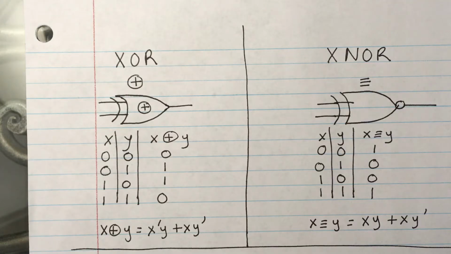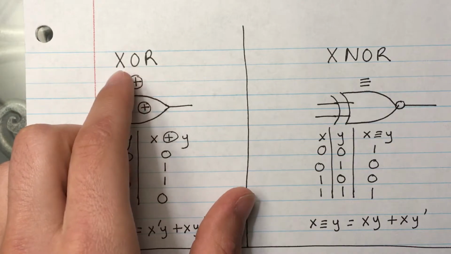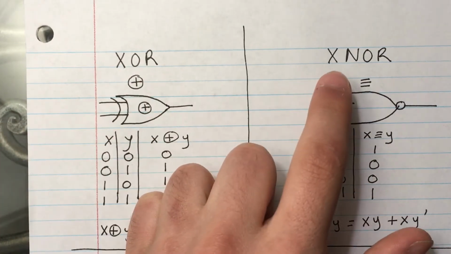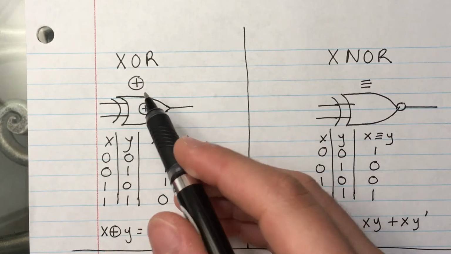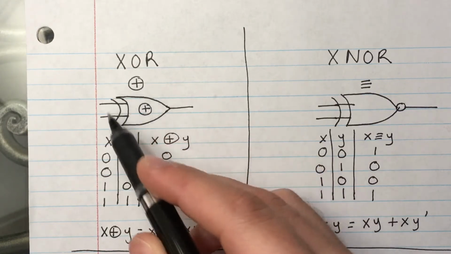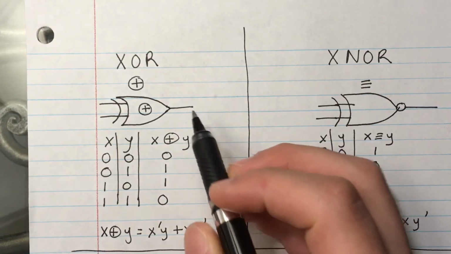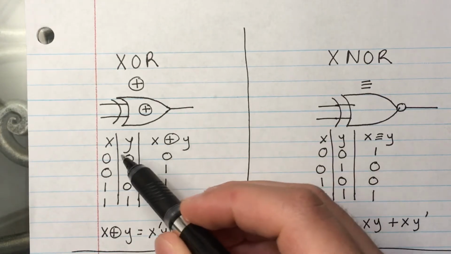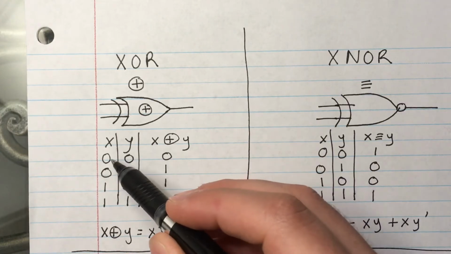Hey everybody, so in this video I'm going to be going into a little bit of detail about these two special logic gates, XOR, sometimes pronounced exclusive OR, and this one, XNOR. So that's the symbol for the XOR, a plus with a circle around it, and this is the logic gate symbol used in a digital circuit. So the truth table, all right, the truth table, you see when you have two zeros